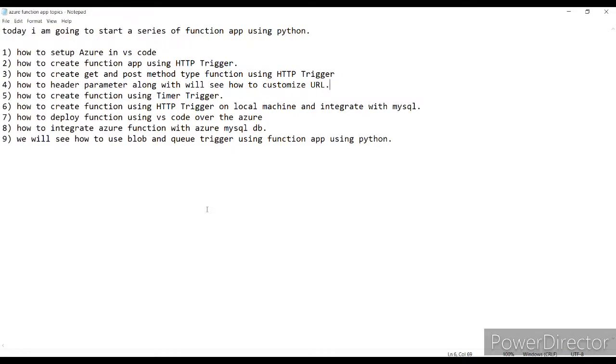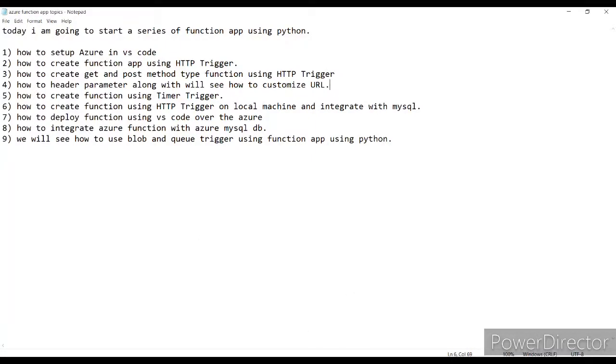So whenever 30 seconds go, then in every 30 seconds my function will be executed. So let's start the timer trigger lab.